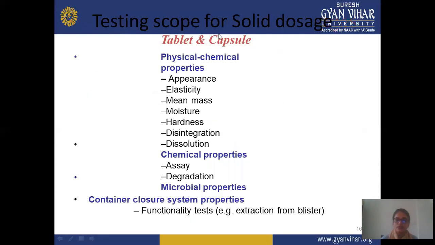Next is testing scope for solid dosage form. In solid dosage form, you know that mainly tablet and capsule are covered. Before performing the stability study of a tablet or capsule, you check certain parameters like physical and chemical properties, microbial properties, and container closure system properties. Container closure system means